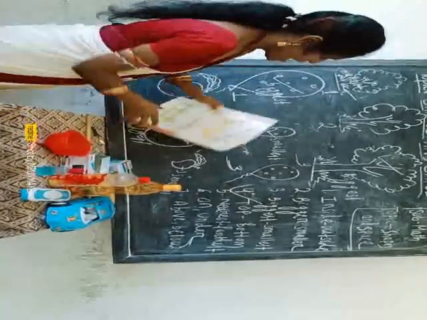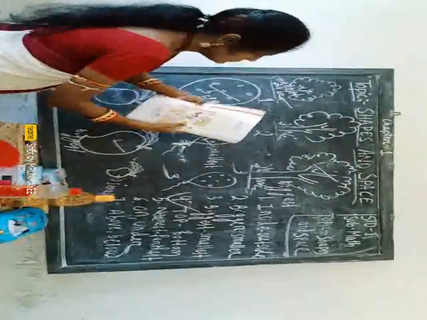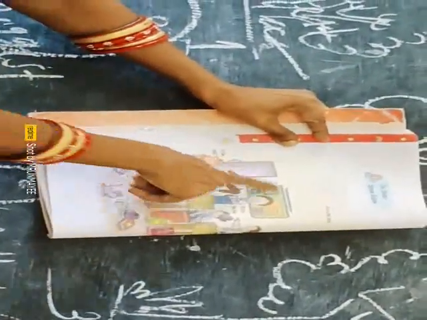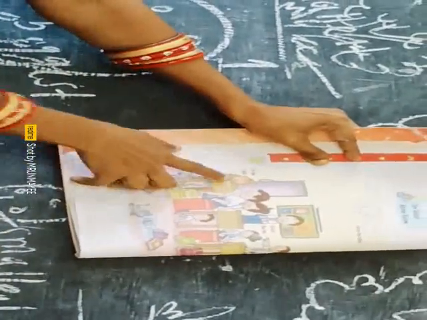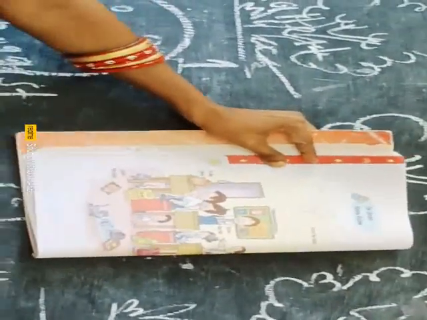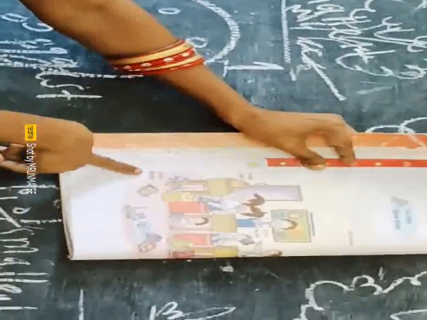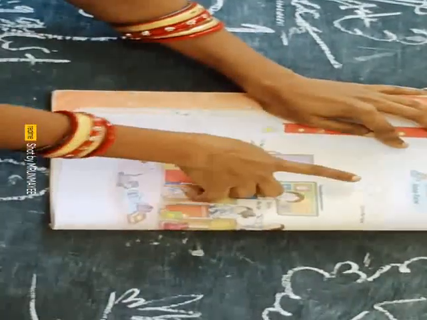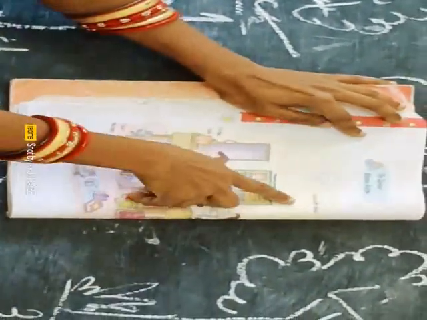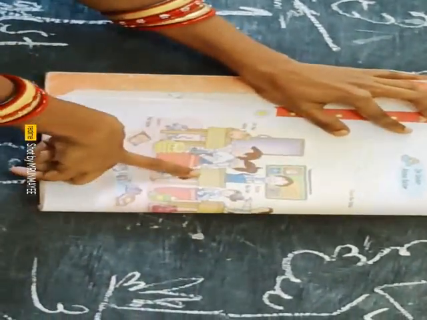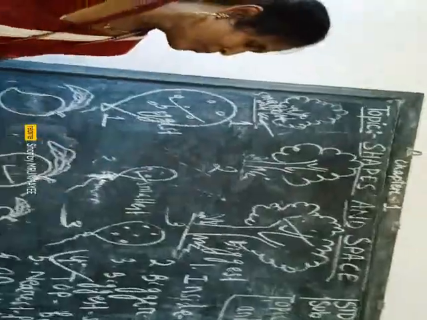Okay, so I will show you in your book. You see this one, this is a picture. In this picture you see 3 girls and 2 boys sitting here. Now you see, where is the cat sitting? The cat is sitting on the table. And where is the rat? Under the table. Next, where is the fan? The fan is above the table. And the boy is sitting below the fan. Right? Okay, so now I have discussed all our points.